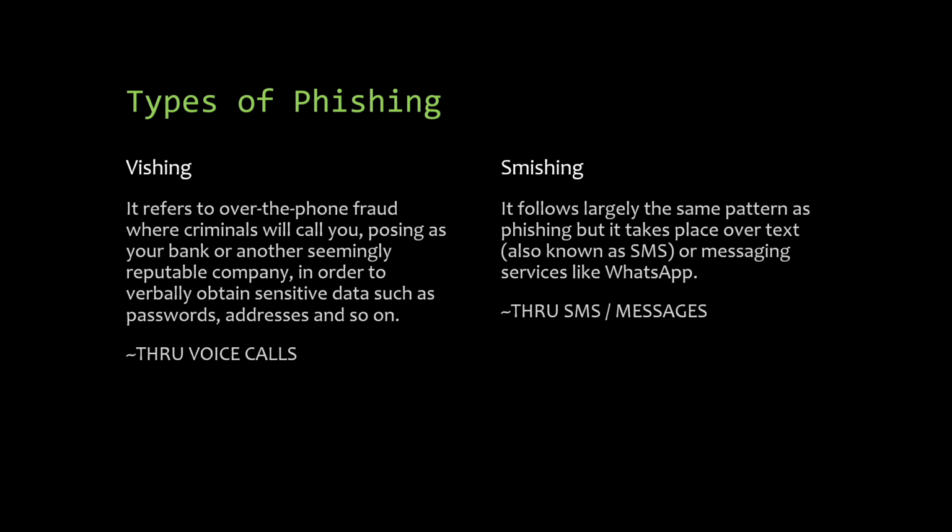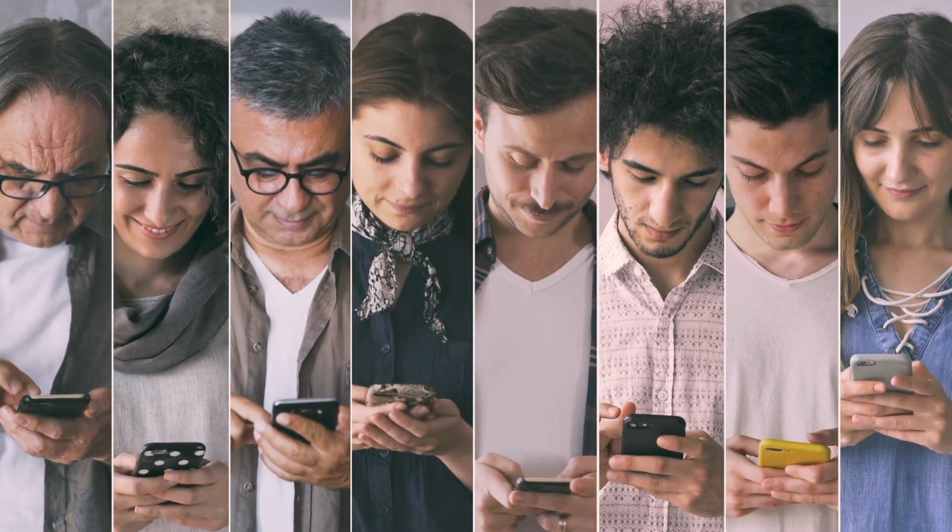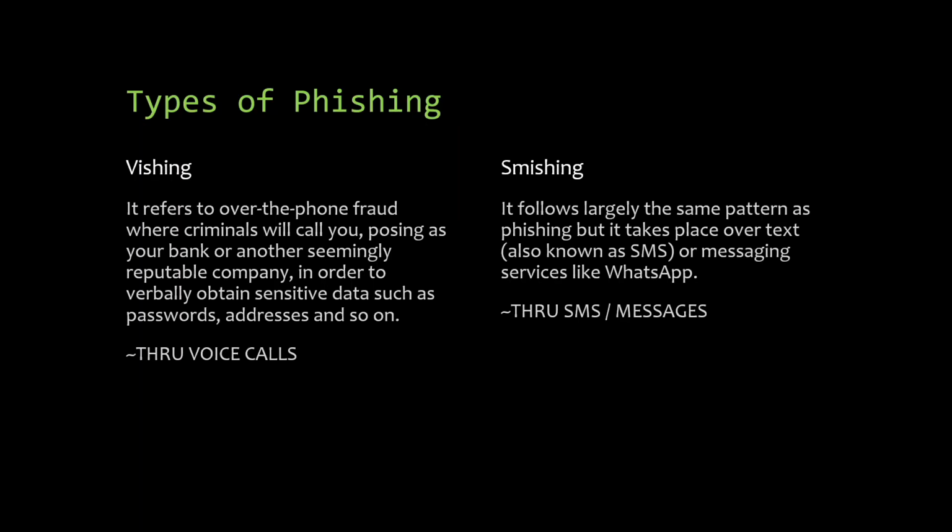The only difference between these two is that vishing was done through voice calls and smishing was done through SMS, or what we call text messages. Up until now, smishing was still popular. Well, maybe you too have already received a text message about particular scams, like winning a huge amount of money and claiming it by calling them back or clicking the link they provided along with the message.